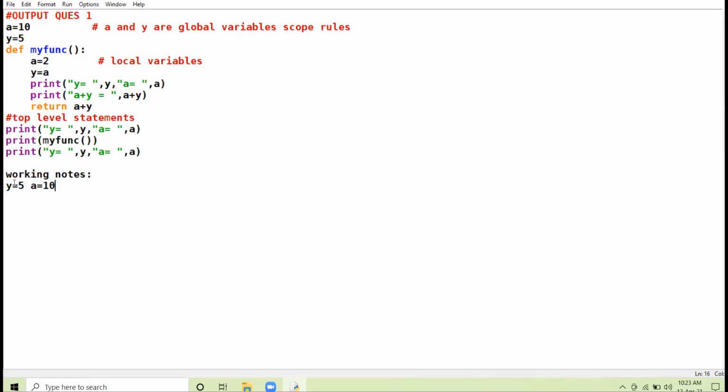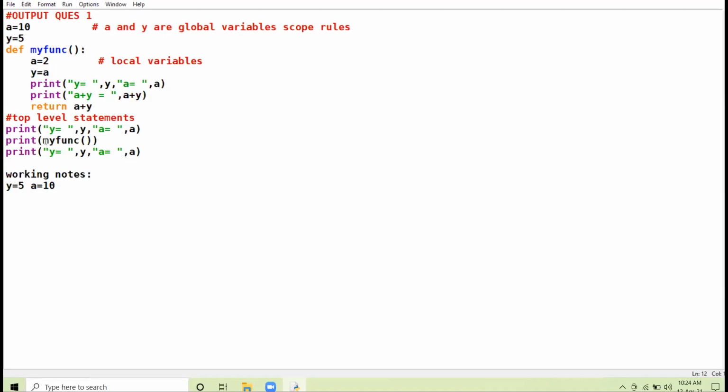Right? So our first answer is y is 5, a 10. Now coming to this second print function, which I have shaded. Inside this print function, you can see I have invoked, I have called the function myfunc.